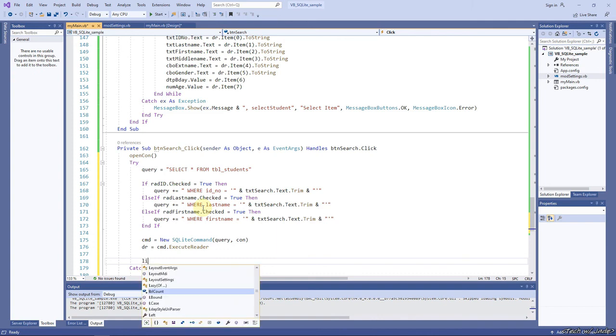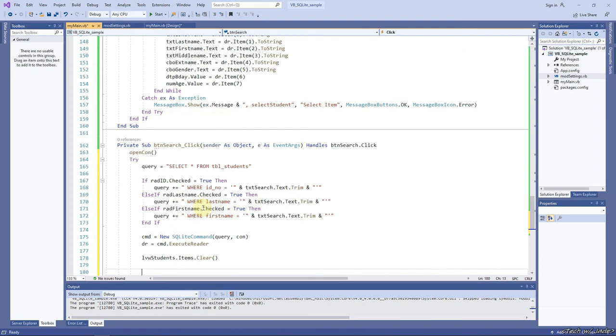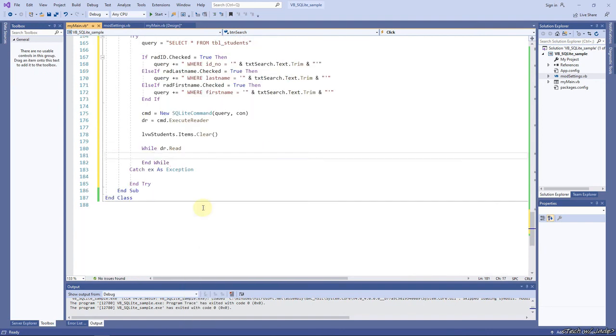Then first we will clear the content of the list view, items.Clear. Okay, now that the item is cleared, while dr.Read, so while our dr is reading the content,